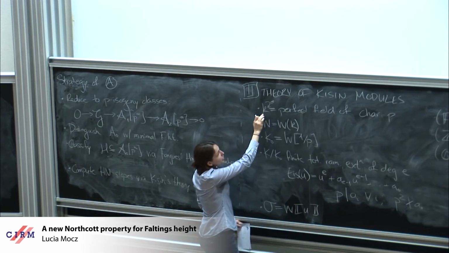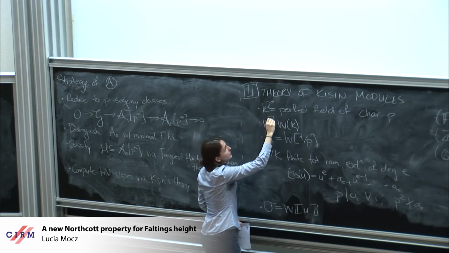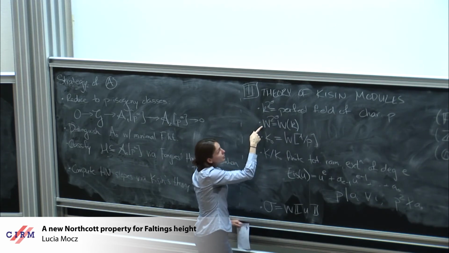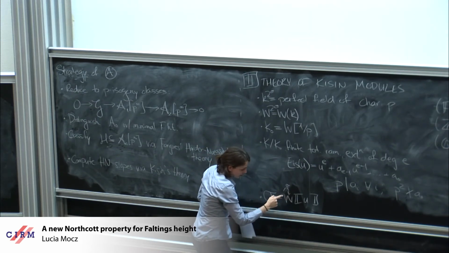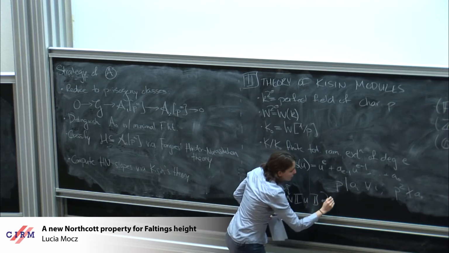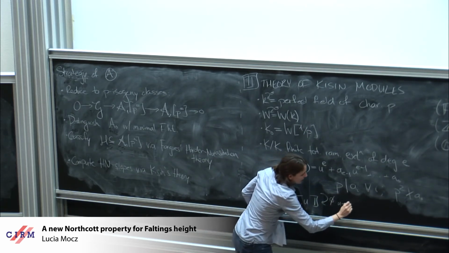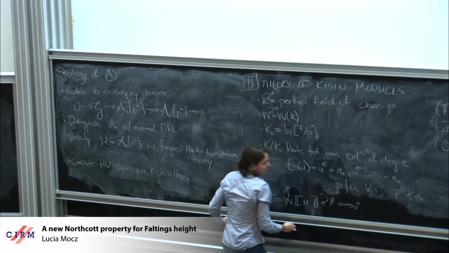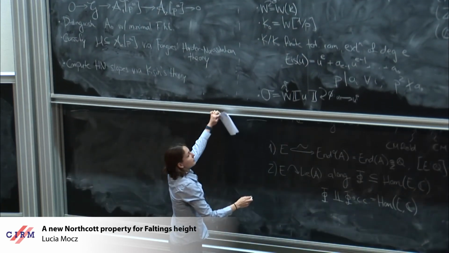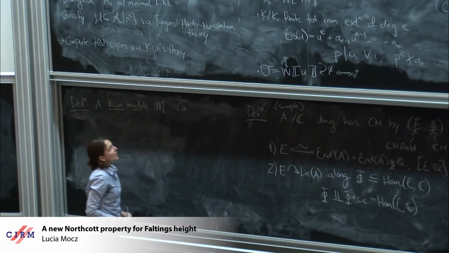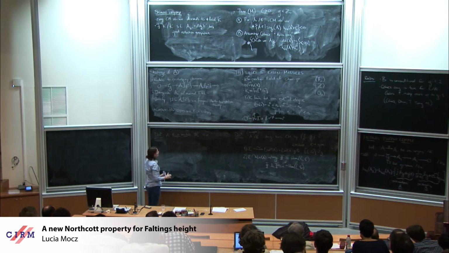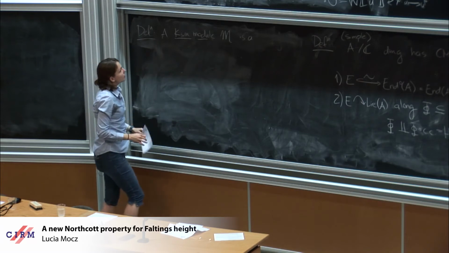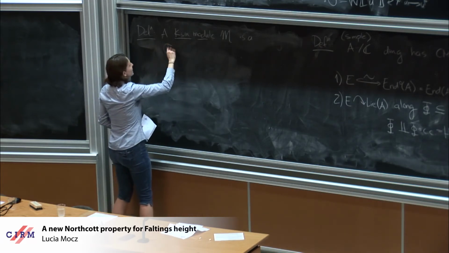So there's a Frobenius structure on our little field k because it's a perfect field. This lifts to a Frobenius structure on the ring of Witt vectors. And over here then, we have the same Frobenius structure on this ring W, but then we want to extend it to the indeterminate, and so we take it just by mapping u to u to the p. All right. So that's supposed to be a math frak S. I might sometimes refer to it as a sigma or a frak S, but it's supposed to be a math frak S. So a Kisin module M is going to be a frak S-module